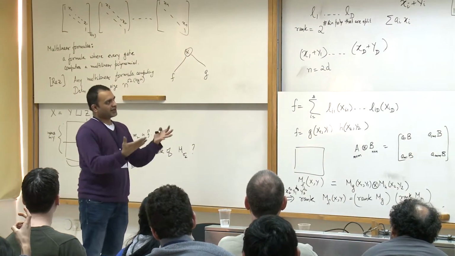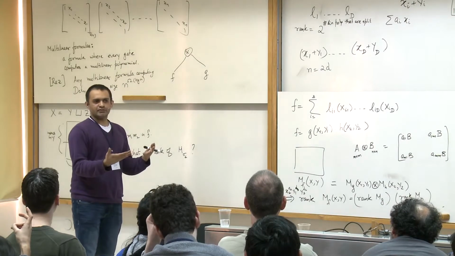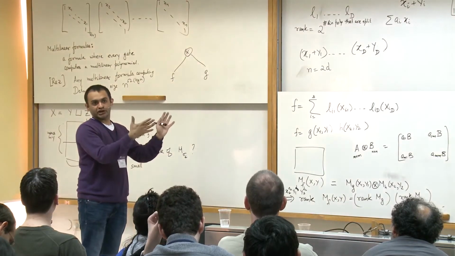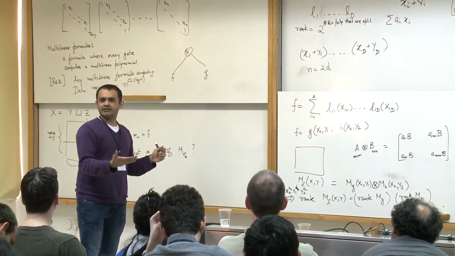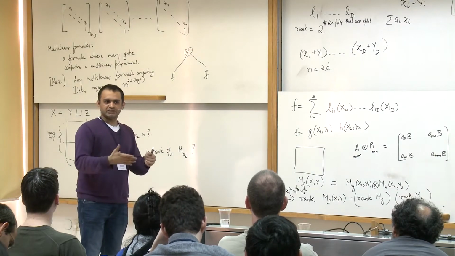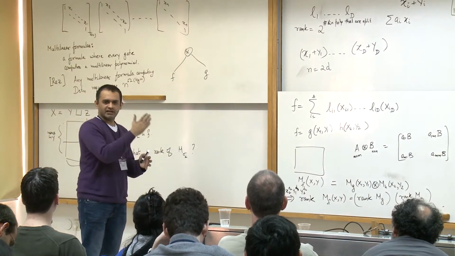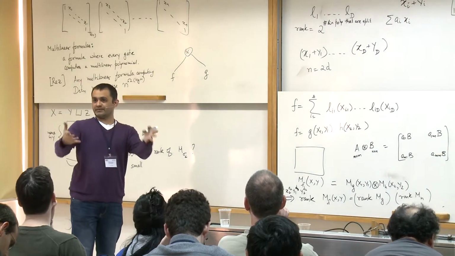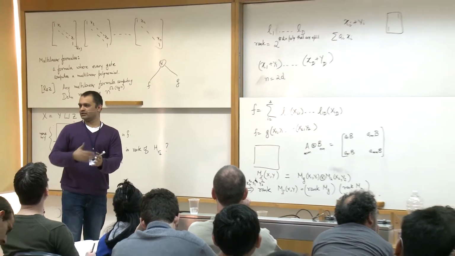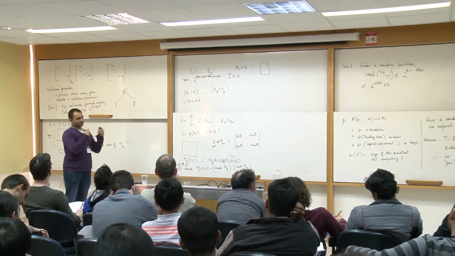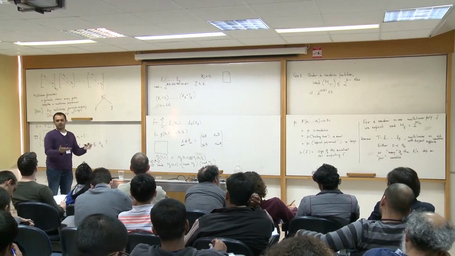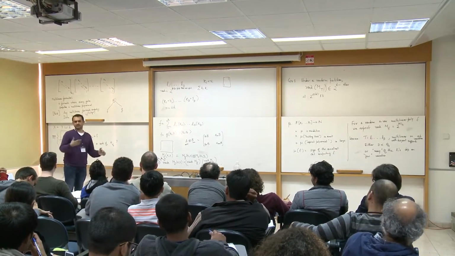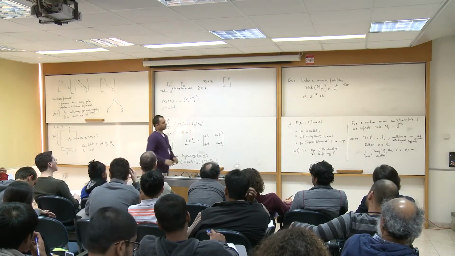So what Raz did for the multilinear formula lower bound is to start with different building blocks, which are going to be the log products that we kept seeing yesterday. And in the log product also, we'll do something very similar. We'll say that every term, with some reasonable probability, will not contribute what you expect it to contribute, and together they will give you a deficit. So from this point onwards, I'm going to be more vague, but the details are all there in the two surveys, and you should be able to fill in the details for them.